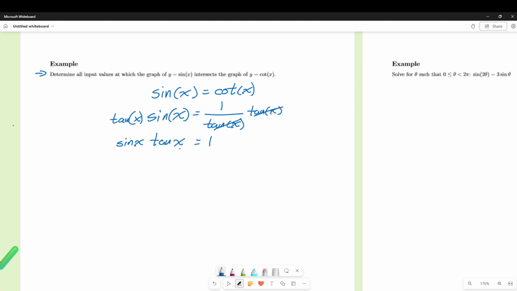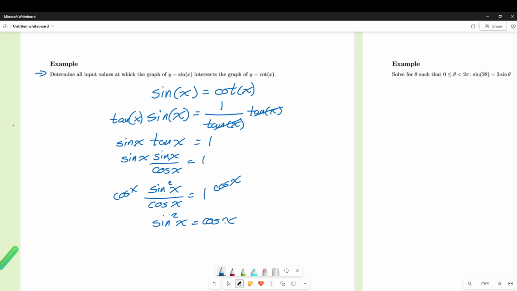Okay, that could be handy, but I'd like to have one trig function as opposed to two. Well, we do know that tangent is sine x over cosine x times sine x equals 1. So that's sine squared x over cosine x equals 1. So that might be helpful. I'm back to having a fraction, though. Let's stop it being a fraction. Let's multiply both sides by cosine x, so it stops having fractions in it. So I got sine squared x